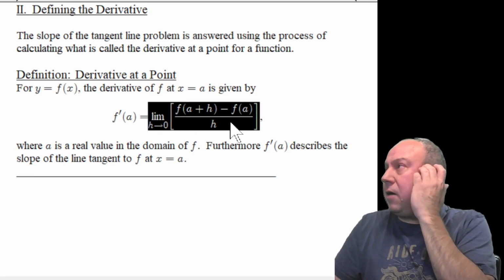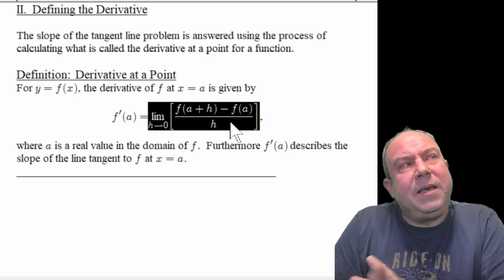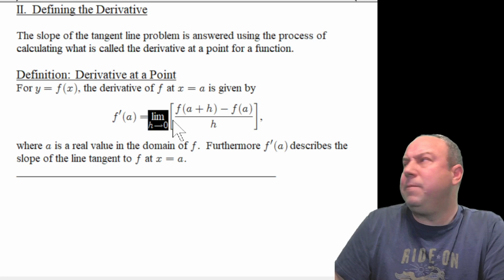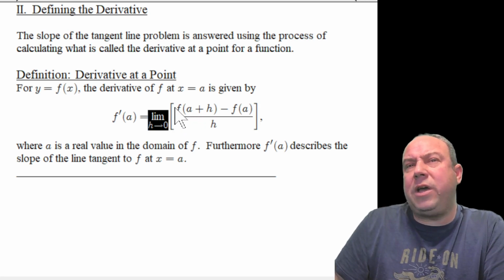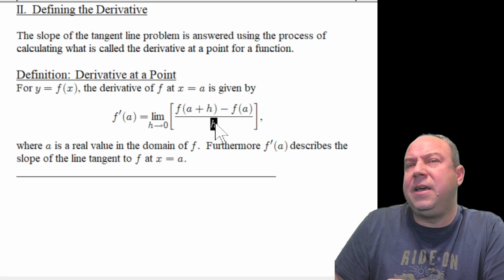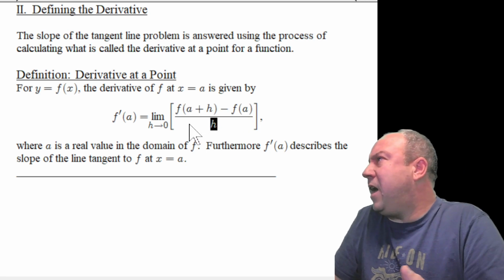As for its calculation, it's equal to this limit evaluation where we take the quantity f of a plus h minus f of a and divide by this value of h,